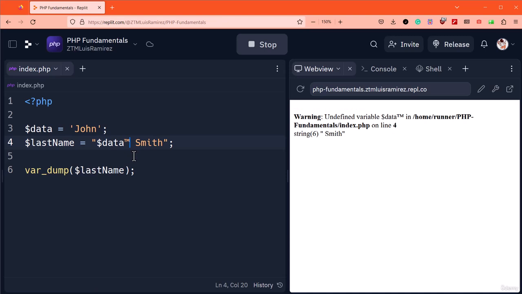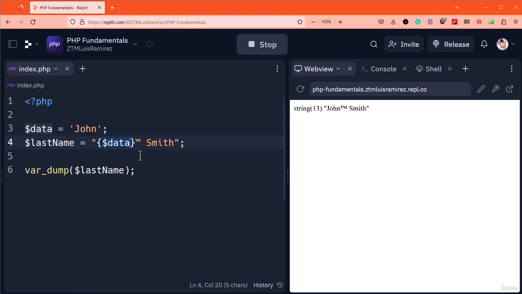Adding this symbol produces an error. The reason is simple. PHP assumes that the trademark symbol is part of the variable name. It'll attempt to search for a variable with this name, which doesn't exist. So, how do we output the variable while keeping the symbol? We can wrap the variable with curly brackets like so. Curly brackets are optional. However, if they're added, PHP ignores text written outside of it. You don't have to worry about the curly brackets appearing within the string. PHP removes them during output. In the output, the full name gets outputted. Perfect.